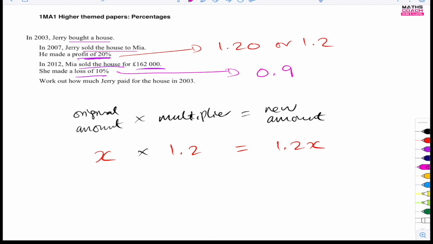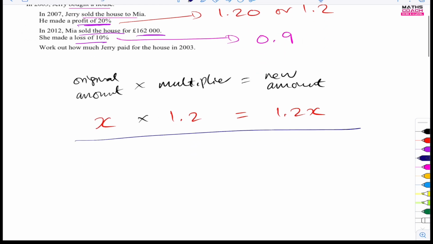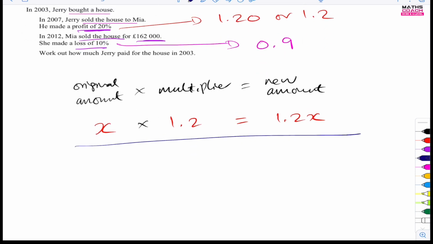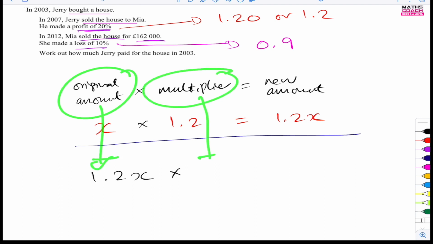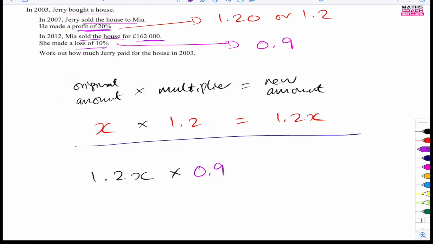So for Mia, let's just put a line under this. For Mia, we don't know what her original amount is, but we do know that she bought it for that. So that can be the original amount. Okay, so that will be 1.2x times by, now, so we have the original amount. This is the original amount. Now we just need her multiplier, which we have as 0.9. Okay, so we can add her multiplier 0.9. And we know that she sold the house for 162,000 after losing 10%. So that will become her new amount. Okay, so that will be